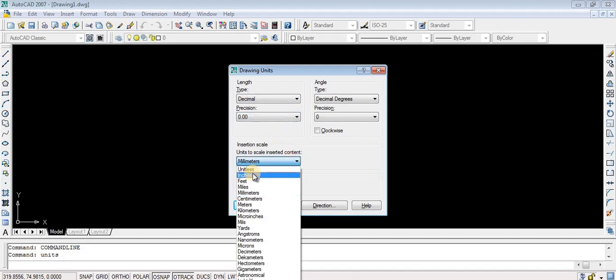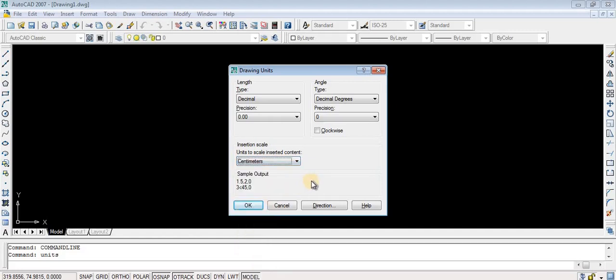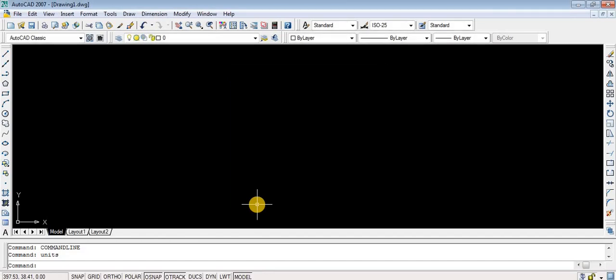So you can select your insertion scale, so you need not worry, select this centimeters. Generally we will draw on papers, it is measured in terms of centimeters, so I am putting centimeters. Okay, then 2 steps are completed, startup and units.